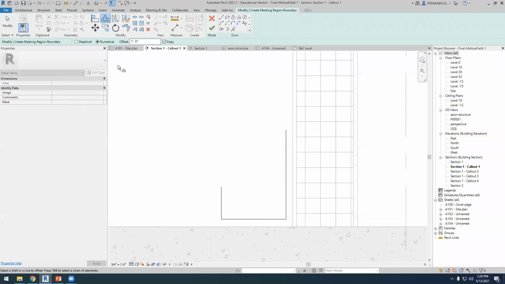Okay, I'm going to use the offset, and the offset is 0.5. 0.5 is too much. 0.25 inches. Yep. Okay. Now I trim,